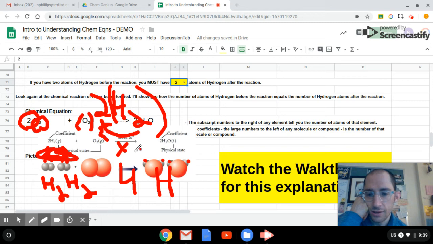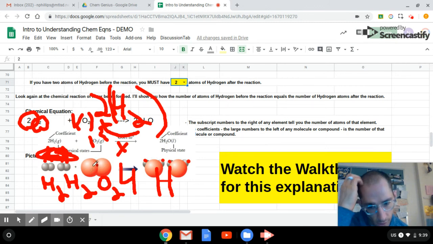What is this? This is an O2, a diatomic oxygen. You have 1 of those, 1 O2, and there's your invisible coefficient, number 1. There's our 1 O2. So you have 2 oxygen atoms bound together to make 1 diatomic oxygen molecule. Where do they go? Right here